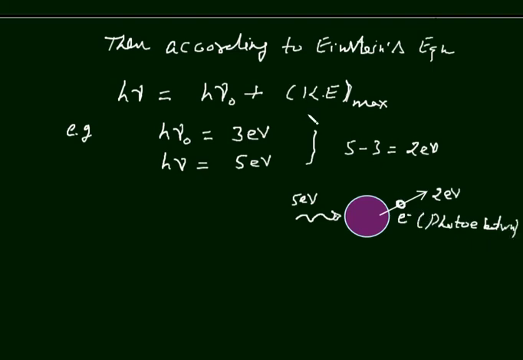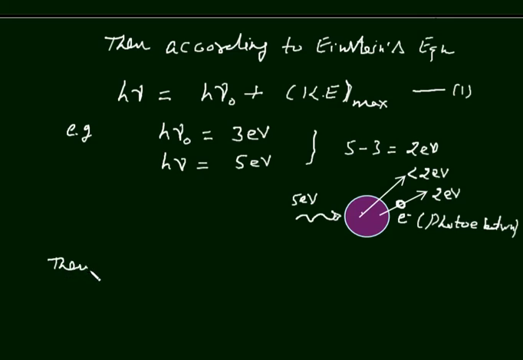And I have written it, this is the maximum kinetic energy. The kinetic energy carried by photoelectron, this will be maximum. If the electron is coming from interior of the metal surface, suppose it is coming from here, this may carry energy less than 2 electron volt. If it is coming from the surface of the metal, then it will be 2 electron volt. I have shown here from here, but it might be coming from surface of metal. This I put equation number 1.